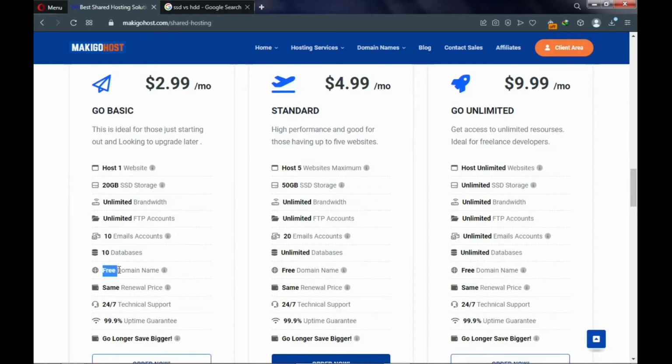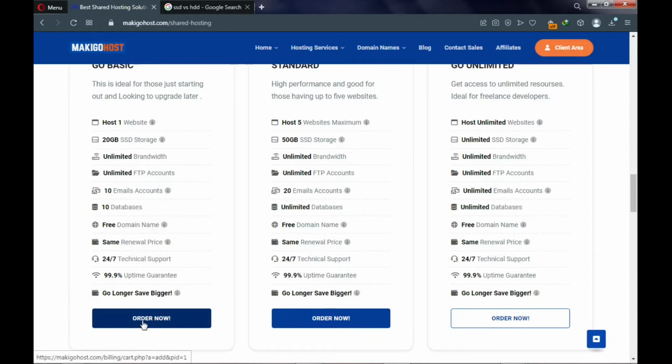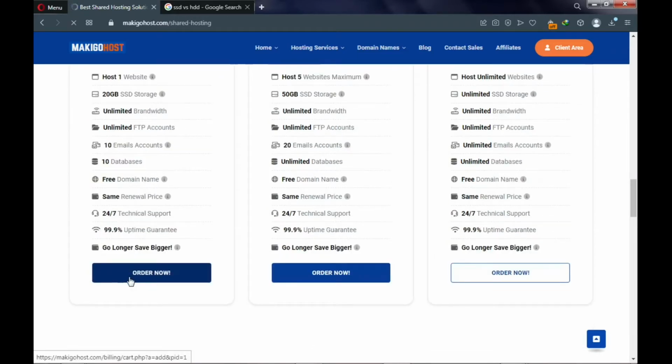And this is also exciting. For the first time, because you're a new client and this is your first time ordering web hosting from Makeyourhost, you will get a free .com domain name. So you'll be registering a domain name for free for the first time. You won't pay for this. Scroll down and click on the other hosting. But remember, your price is locked. So that means even if they increase prices next year, you'll be paying the same amount you paid when you registered an account with them, and that's good. So click on other hosting,